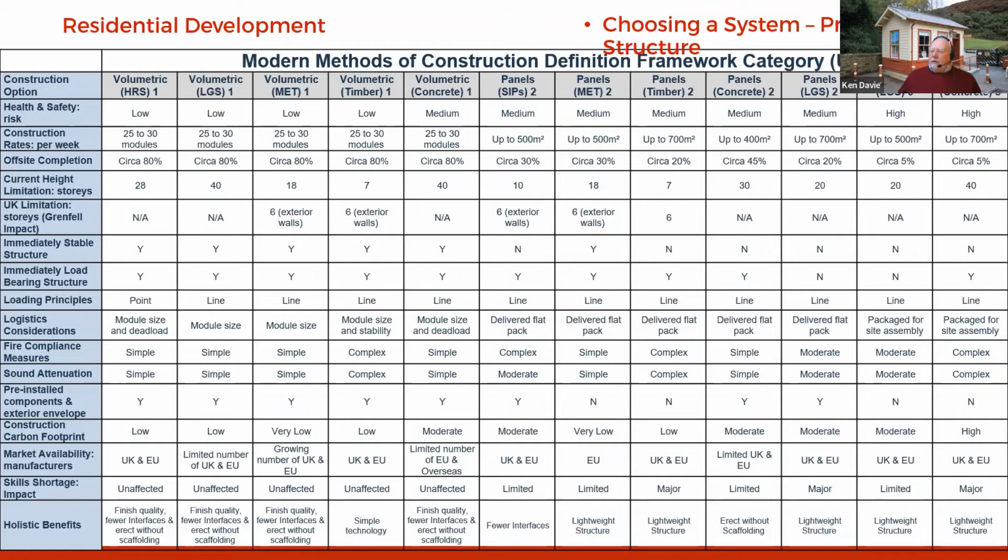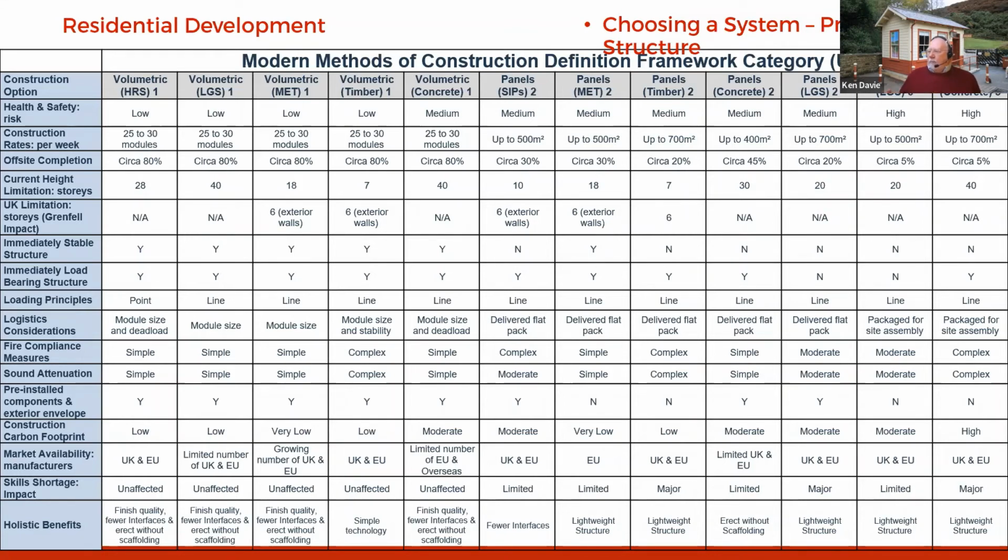But this was an analysis that I did in terms of looking at potential construction methods. As you can see, it's a bit out of date. The volumetric hot rolled steel is now up to 43 stories. The light gauge volumetric in column 2 there is 40. I think that's been challenged. Concrete's 40, but going to go higher because Singapore are actually challenging the world record. Singapore, interestingly, use concrete boxes for the modular residential accommodation.